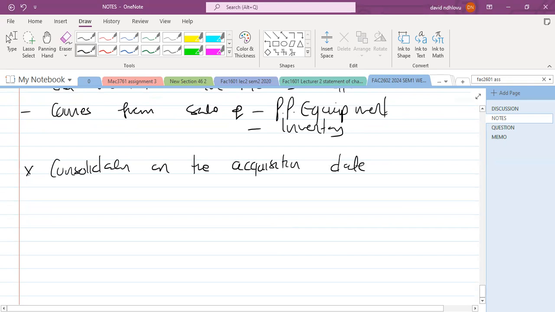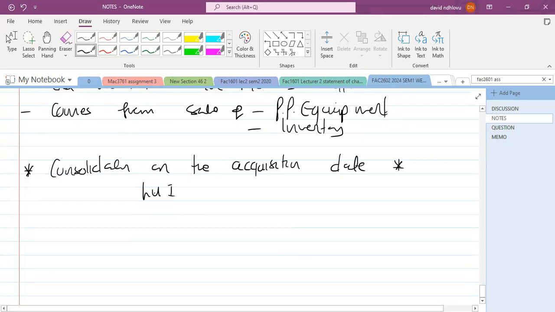You will never find an easy question like this in the exam. Most of the exam questions will assume that the company was acquired a number of years back, and then you are consolidating in the current year. But to start with, we are going to look at a situation where a company buys shares in a company and then wants to determine the combined value immediately. So that is consolidation on the acquisition date. This is learning unit number 1. So go and have a look at that and practice if you can on the questions that are there. Then we are going to discuss this part next week.